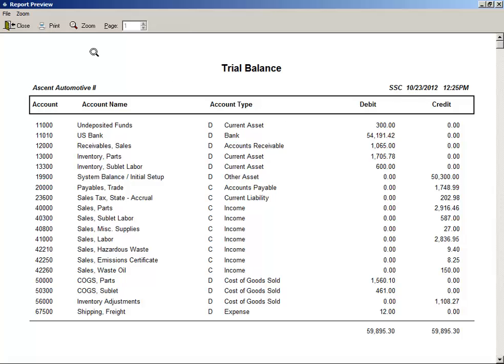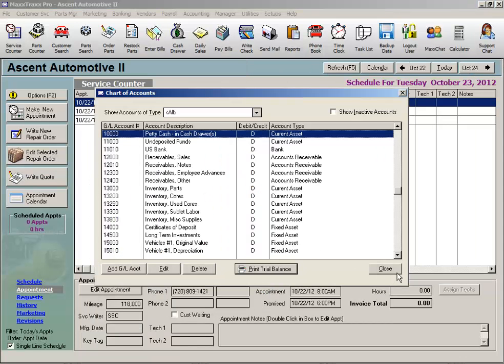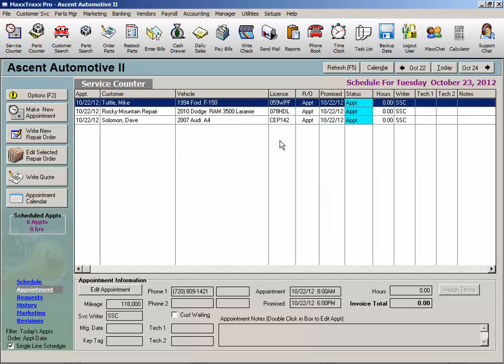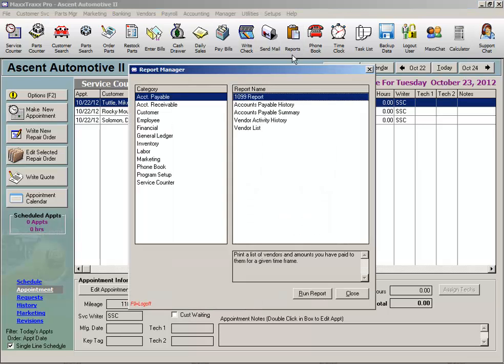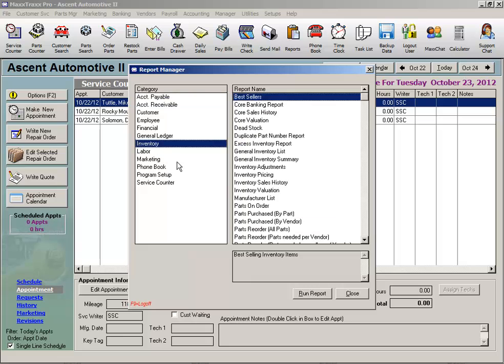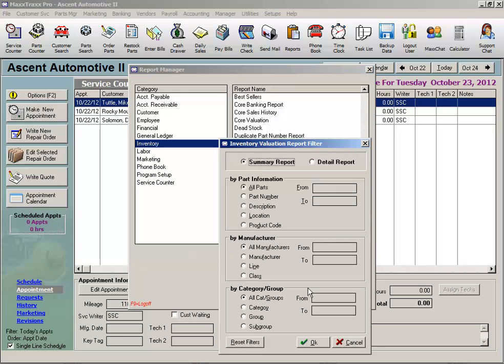Let's close and close. Then click on the Reports icon on the toolbar. Click Inventory for our category and Inventory Valuation for our report, and click the Run Report button. This opens the Inventory Valuation Report filter, and we'll leave it on Summary for all parts, manufacturers, and categories, and